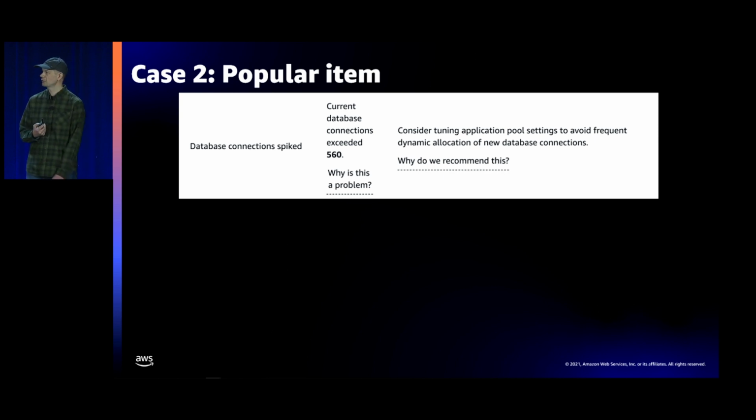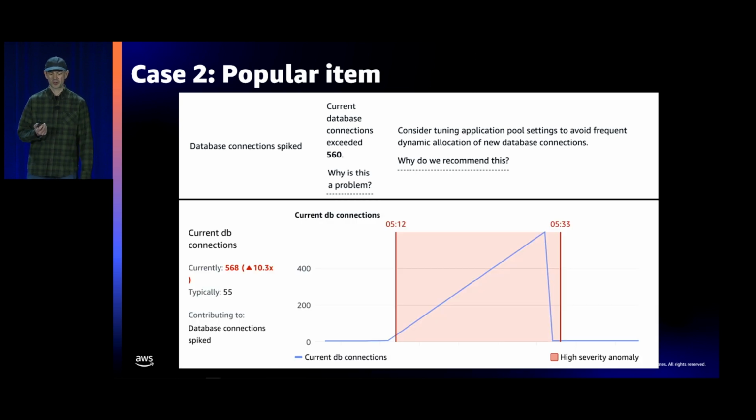And it looks like one of the observations in this case is that the database connections had a significant unexpected spike, which DevOps Guru for RDS detected. And as you can see on the graph that we highlighted, the shape of the spike actually looks exactly like the shape of the DB load spike, which gets you thinking about what the potential problem might be.